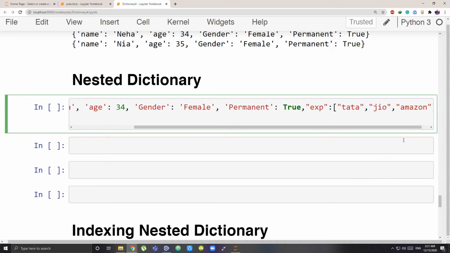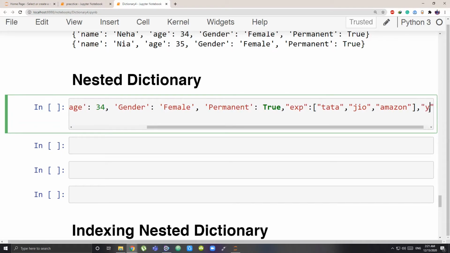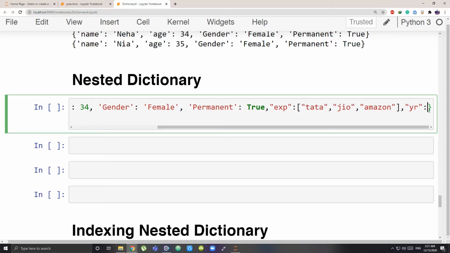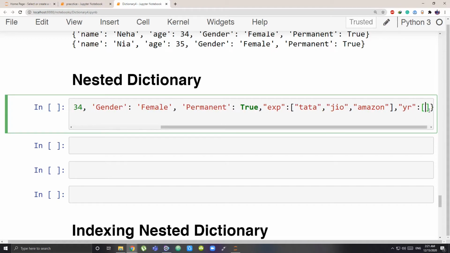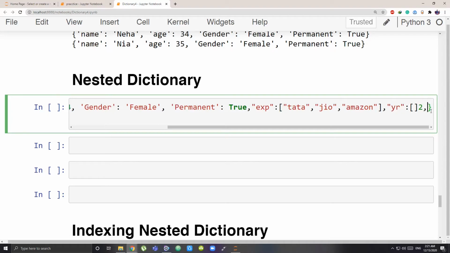These are the three companies my person has worked in. But I'm also interested in how many years that person has worked in each company. For that purpose, I will have another key, years, and in that I will again have a list: 2 years for Tata, 3 years for Jio, and 4 years for Amazon.